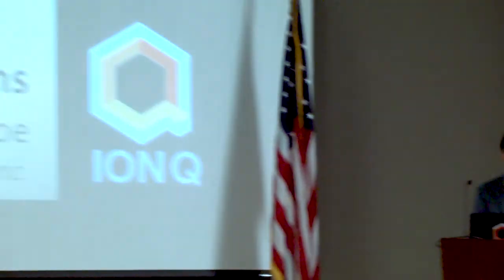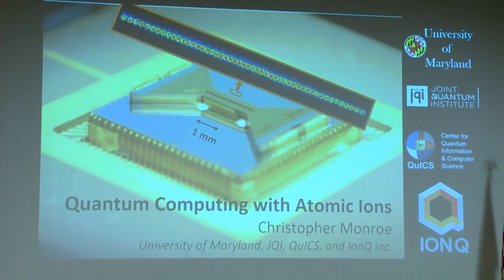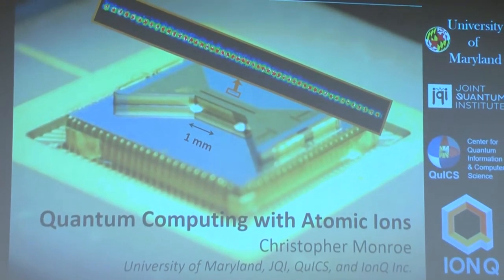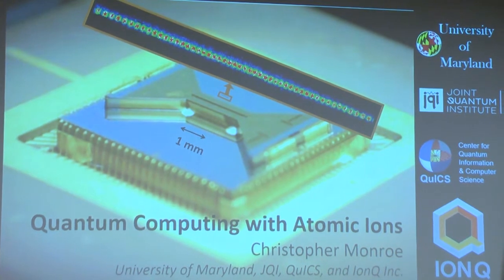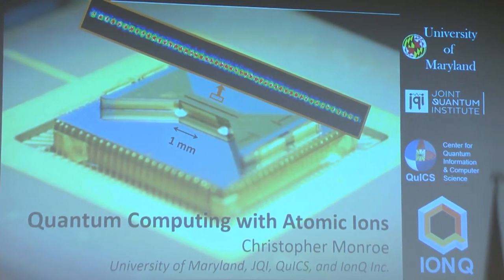And here's a picture of a trap that is manufactured at Sandia National Laboratories. That's about a centimeter square. And these atoms basically float above the surface. There are some 96 electrodes here. You can't really see the details. But this is sort of a new technology that is making this platform much easier to use in the laboratory.